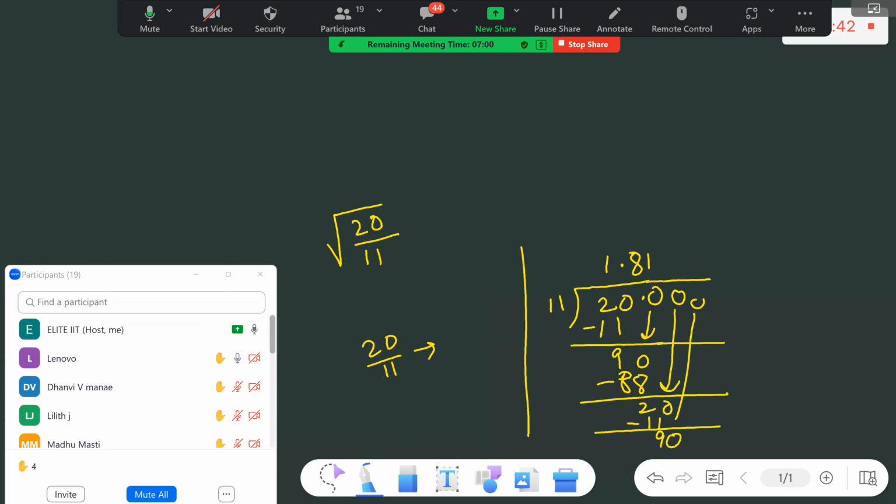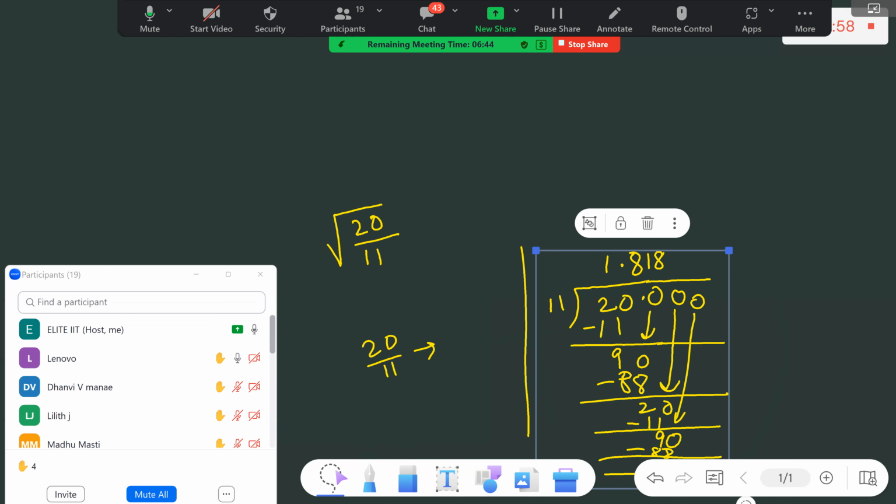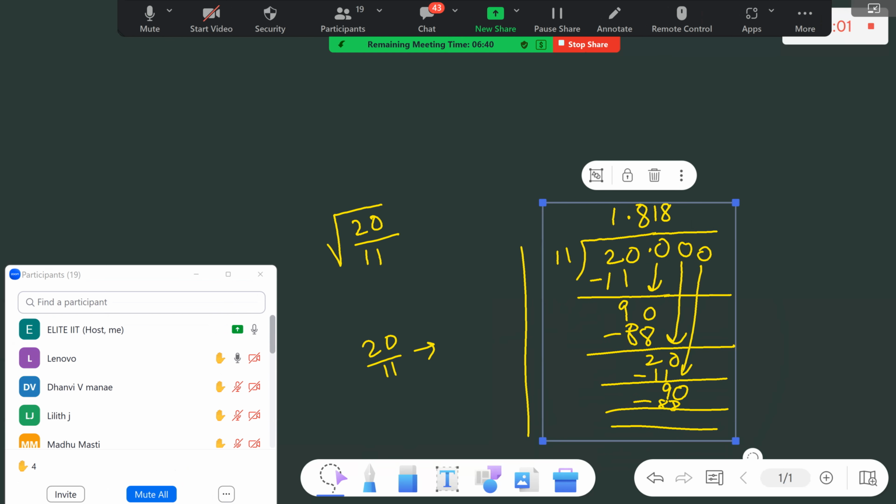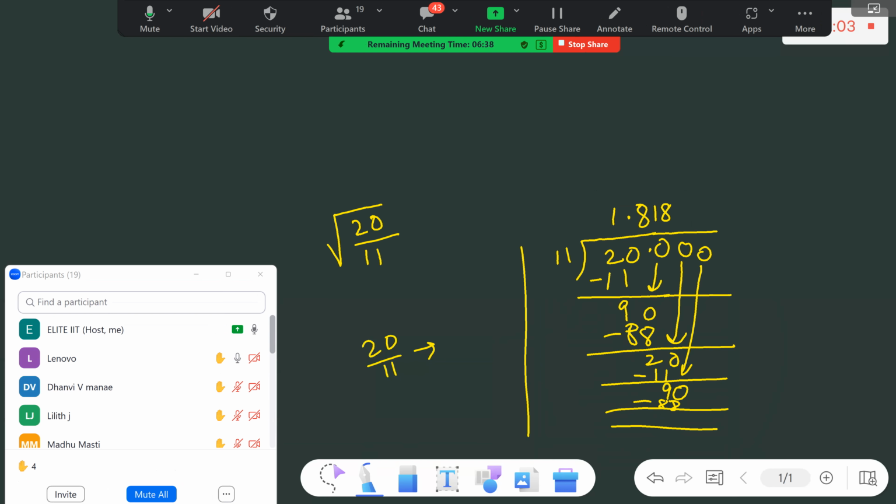Then another 0 we write in the remainder from the dividend. And in the same way, 11 eights are 88. And see here, Manvita, you can see that this will keep on continuing, it will keep on going, okay? So in decimal, 20 by 11 is 1.818,